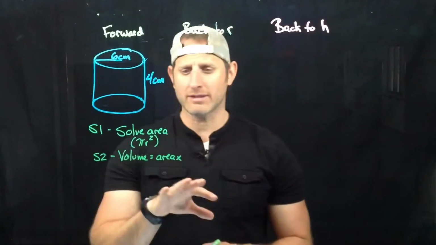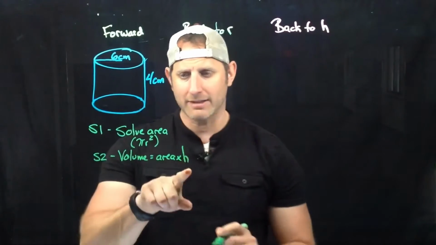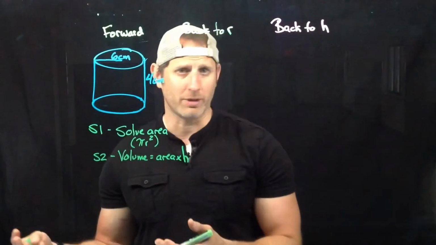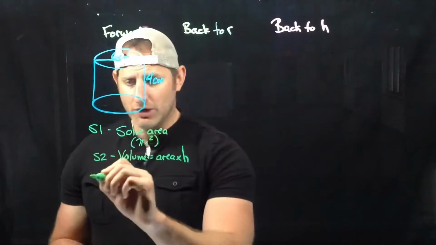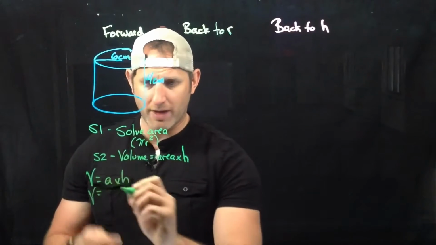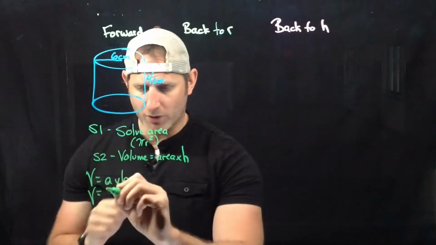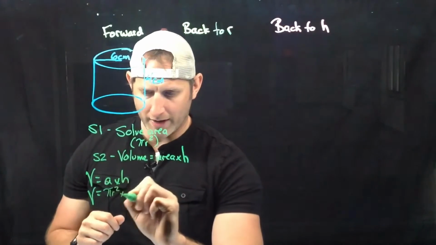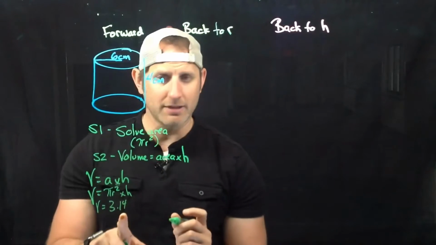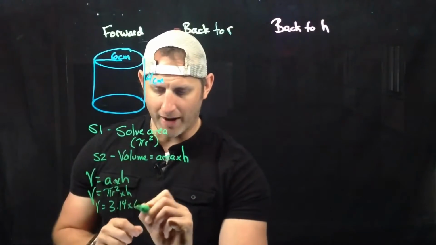So first, let's solve this. We've got volume is equal to area times the height. That seems pretty simple to solve. We've already got the formula here, so let's just plug it in. Volume is area times height. Volume is going to be equal to pi r squared times the height. Volume is pi, which is a constant at 3.14, times radius squared, which is 6